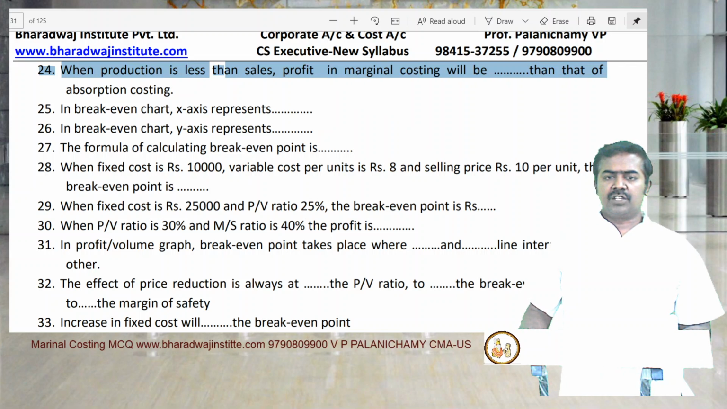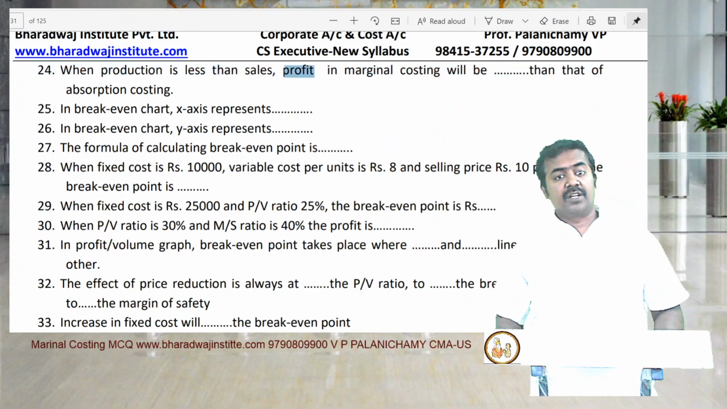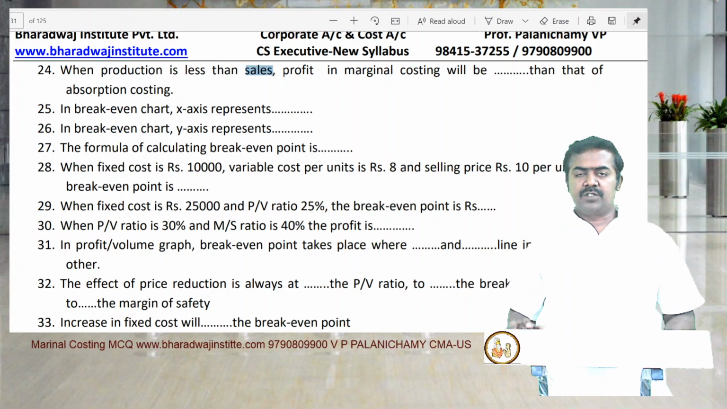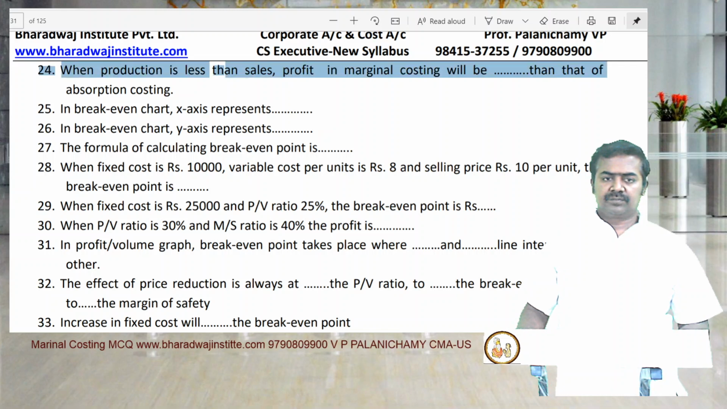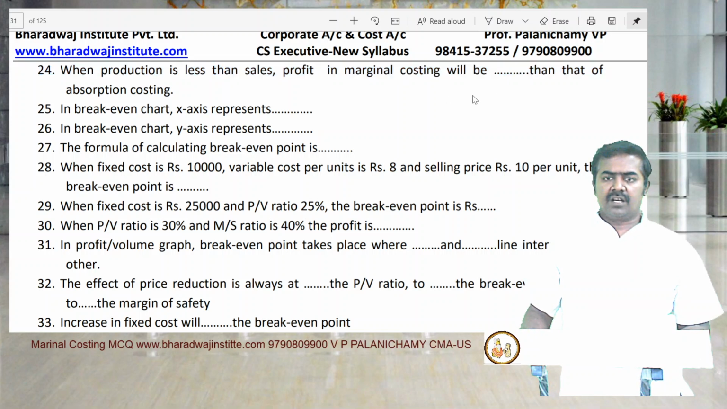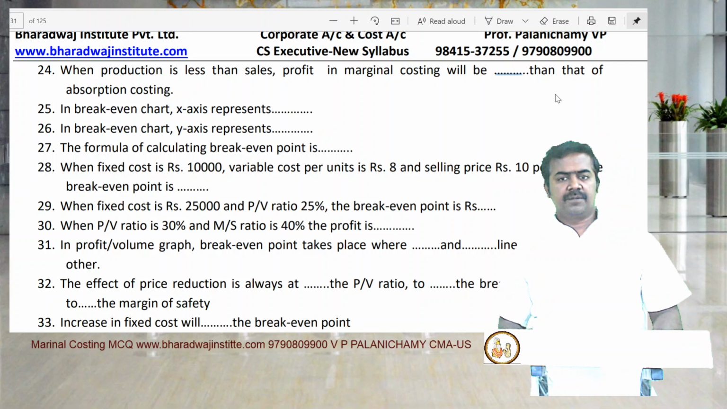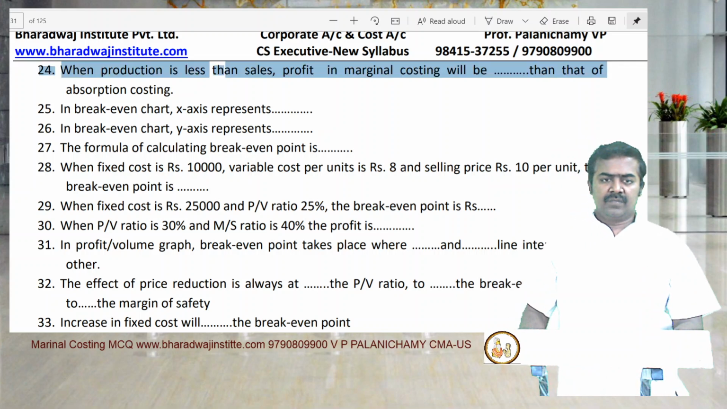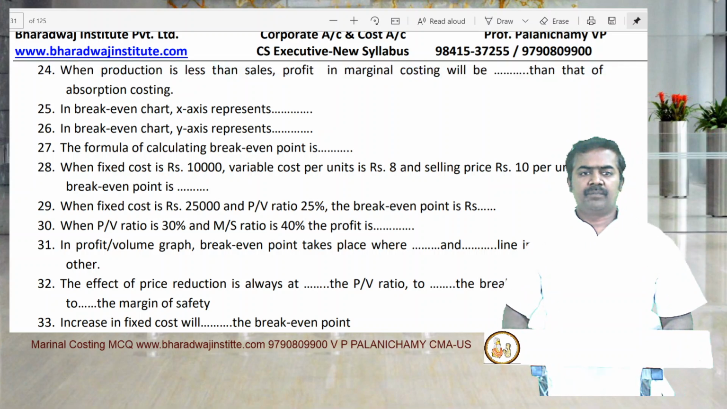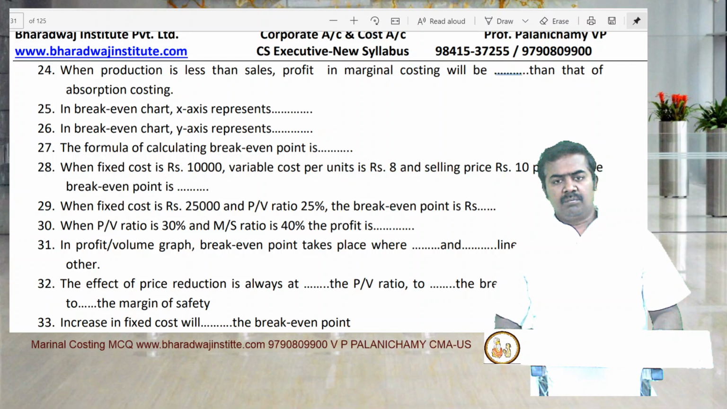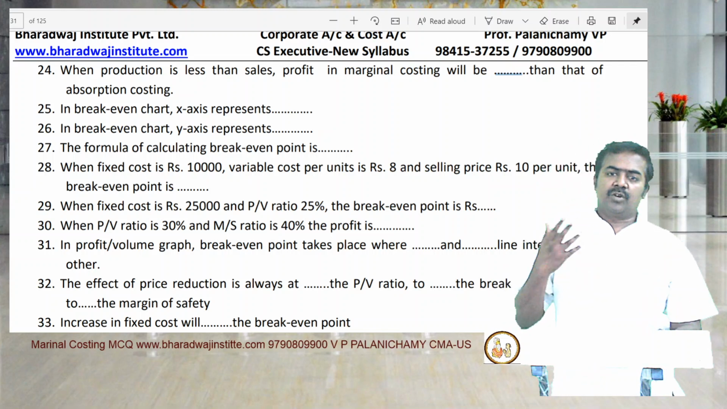When production is less than the sales, which means you sold the opening stock also. When production is less than the sales, profit in marginal costing will be dash than absorption costing. Can you answer this? It will be more. When production is less than the sales, profit in marginal costing will be more than absorption costing, or you can say profit in absorption costing will